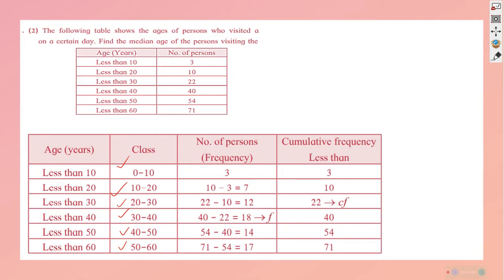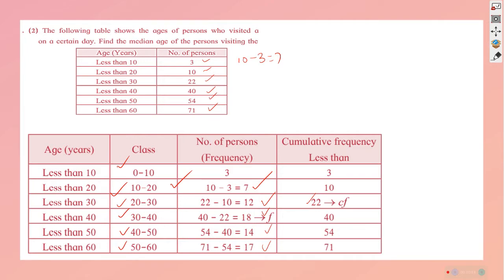If it is 3, next if it is 10, we can understand that the frequency must be 7, and if there are 22 over here, then there should be 12 in this frequency, and this way we can write in reverse direction, because we have already got 3, 10, 22, 40, 74, 70. So what we will do, 10 minus 3, 7 is the frequency here. So we can develop that, and the cumulative frequency we are getting,